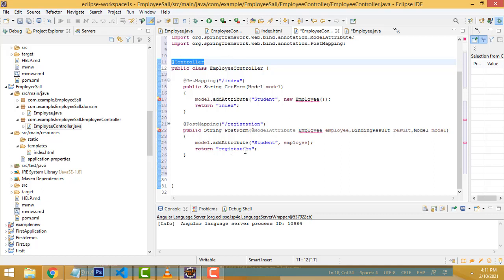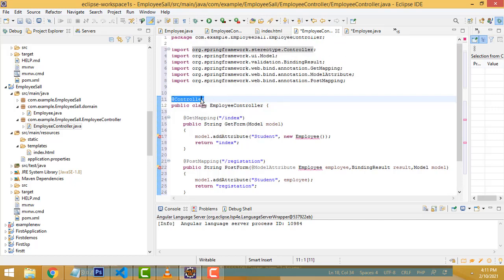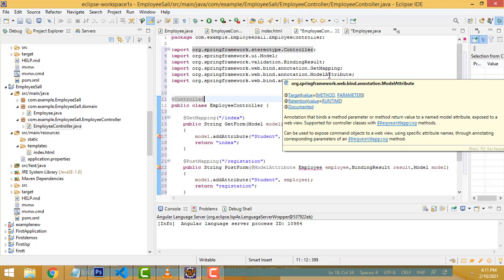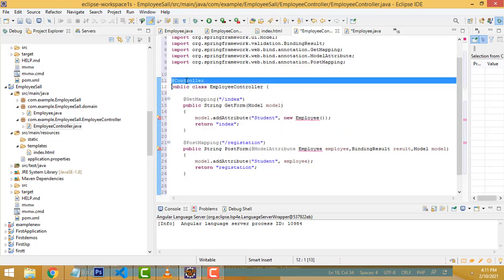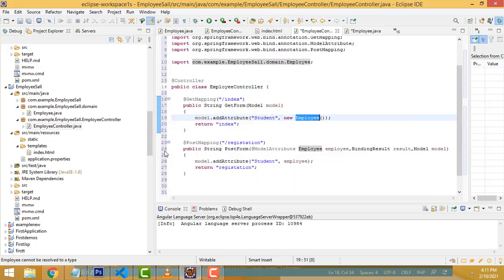In Spring Boot, all the things are generated as annotations. So this one should be Controller, and here this one should be the Employee class. Import Employee. Okay, this is the Employee class. The Employee class we put here as well, this one also Employee. Now here we have to return the method as result. Here also result. Okay, I'll explain what this is.